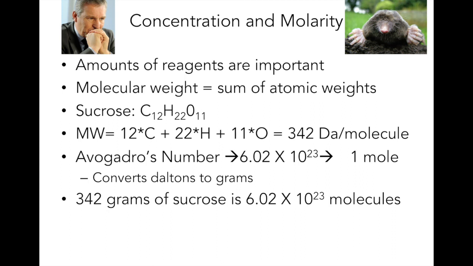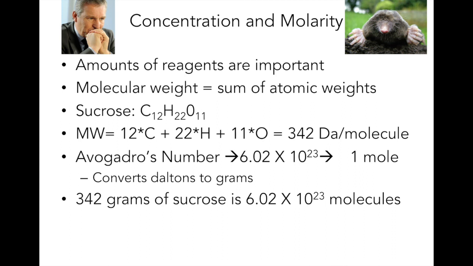Okay, but Daltons are a very, very small amount of mass. We don't have a scale that can measure a number that small. It can't measure 1 molecule of sucrose. We live in a macroscopic world,